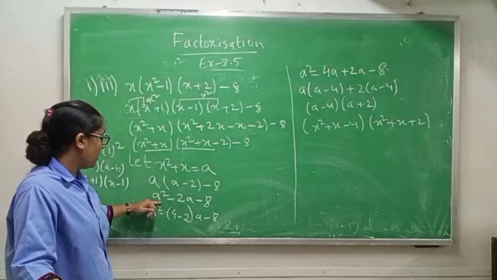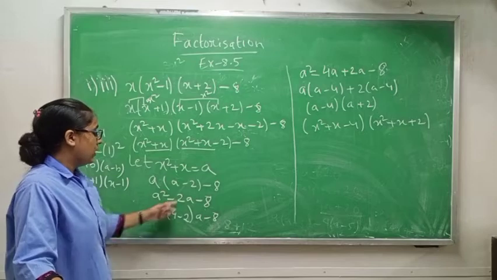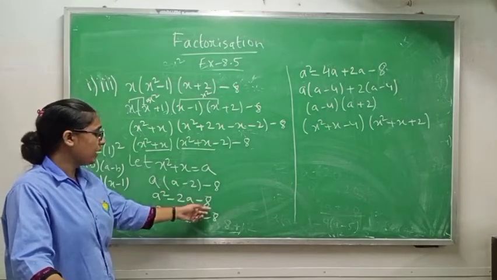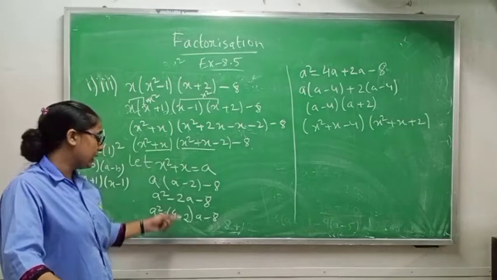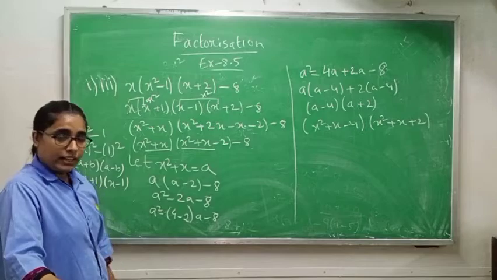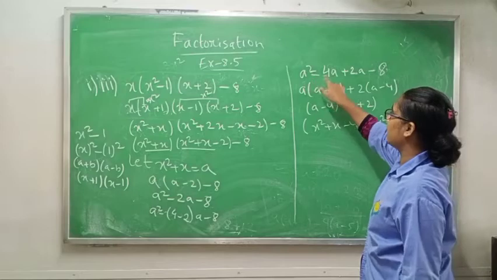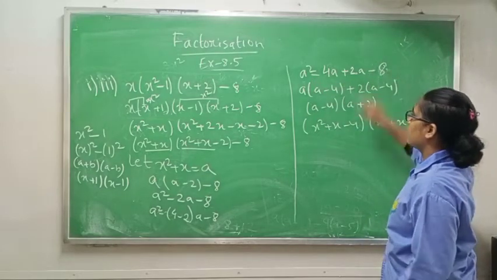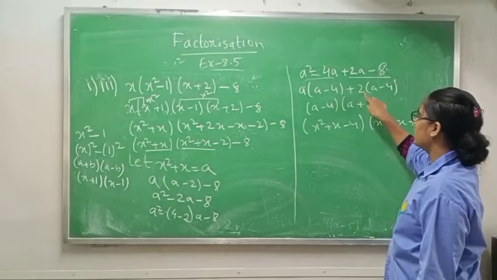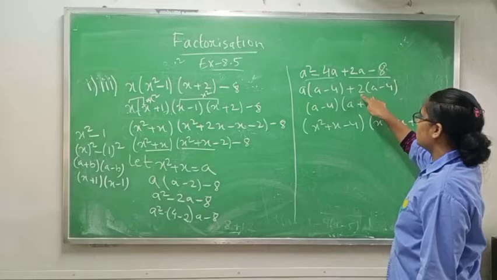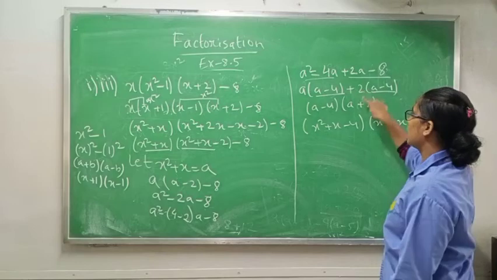Now a into a square, a into minus 2a, 2a into minus 2 minus 2a minus a. Now when you will take the middle term of 8, when you will take the LCM of 8, you will get 4 minus 2 you are getting. 4 minus 2 you will get 2, 4 into 2 you will get 8. You know how to do middle term. Now you will open the bracket, it will become a square minus 4a plus 2a minus a. From first 2 you will take common, from last 2 you will take common a minus 4 plus 2. You can take common from last one, a minus 4. Now this one same, so I am writing a minus 4 and this one a plus 2.